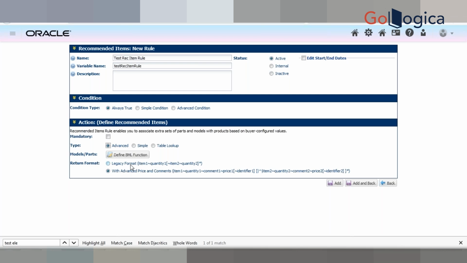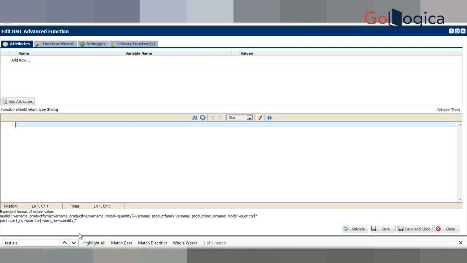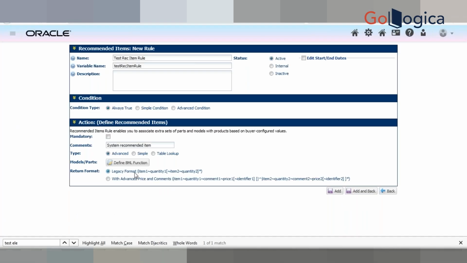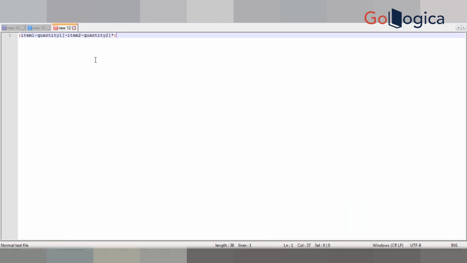If you see the legacy format and advanced format, in the legacy format, if you observe the string here, you can see item,